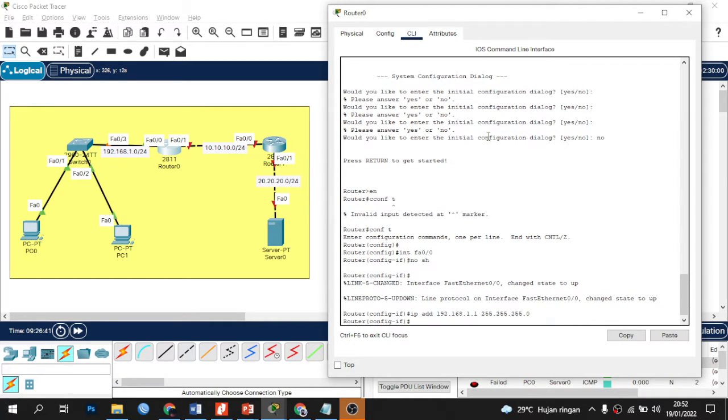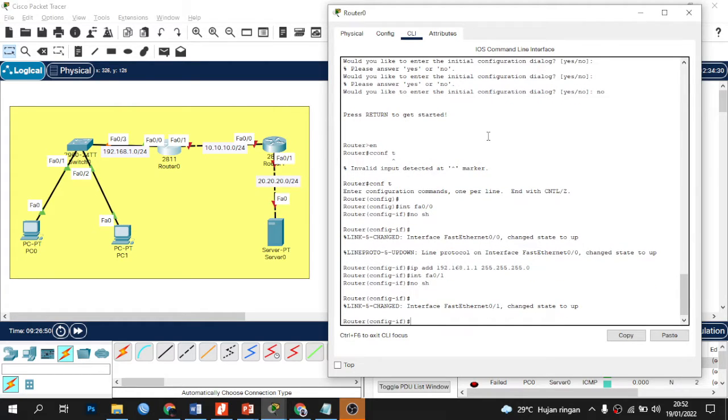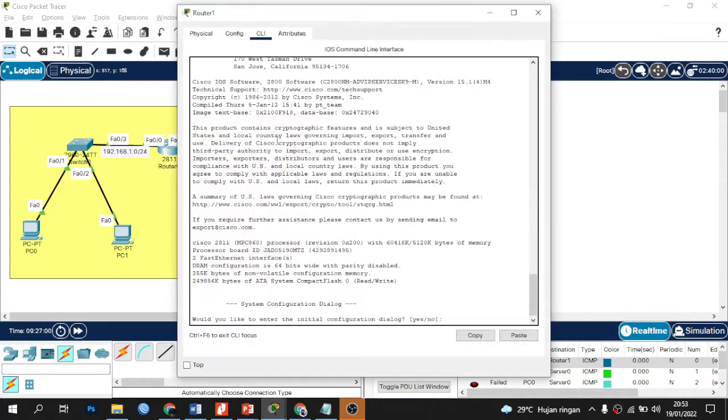Enter. Next, go to interface FA0/1, turn on the interface. Add IP 10.10.10.1 with subnet mask. Enter.